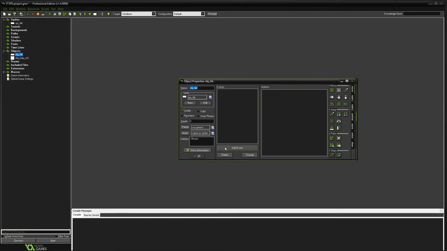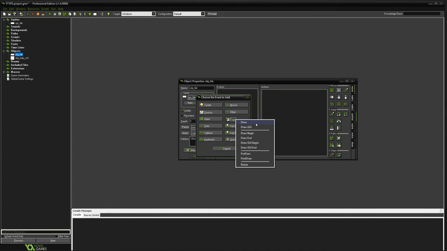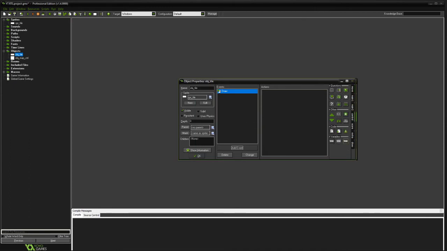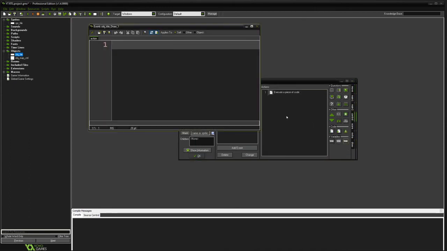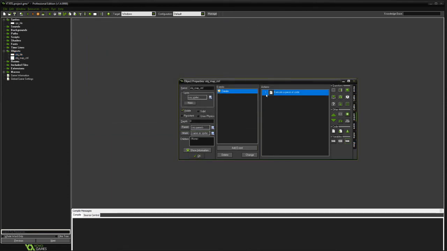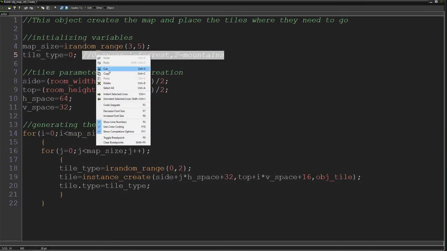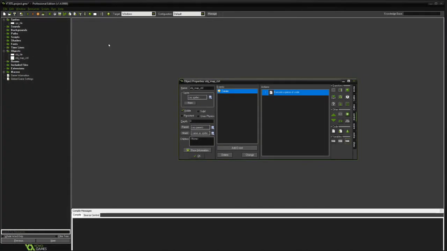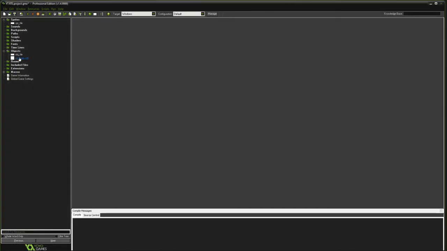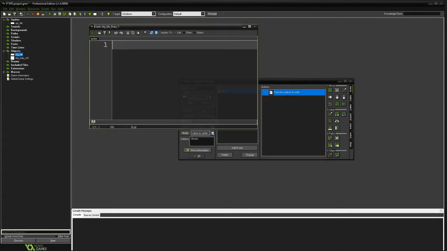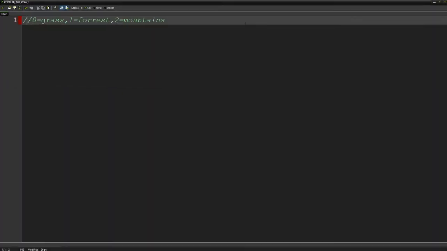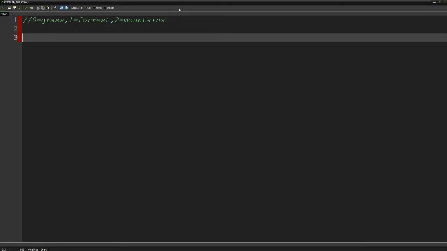So now we're going to go to our tile object, and the first thing we're going to do is go to the draw event. And before I do anything in the draw event, I'm just going to copy this comment specifically, because I want it to be in every object that it will take effect in. This comment is very important. So the first thing we're going to draw is our sprite. We're always going to draw our sprite. So draw self,